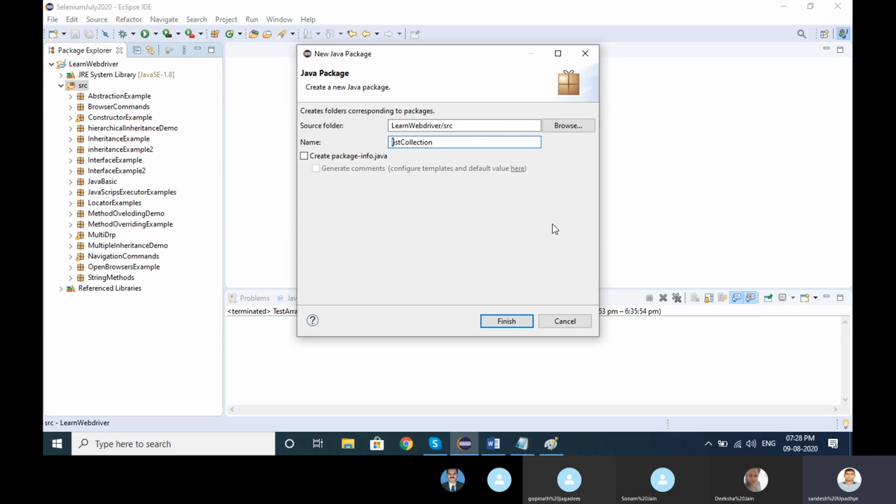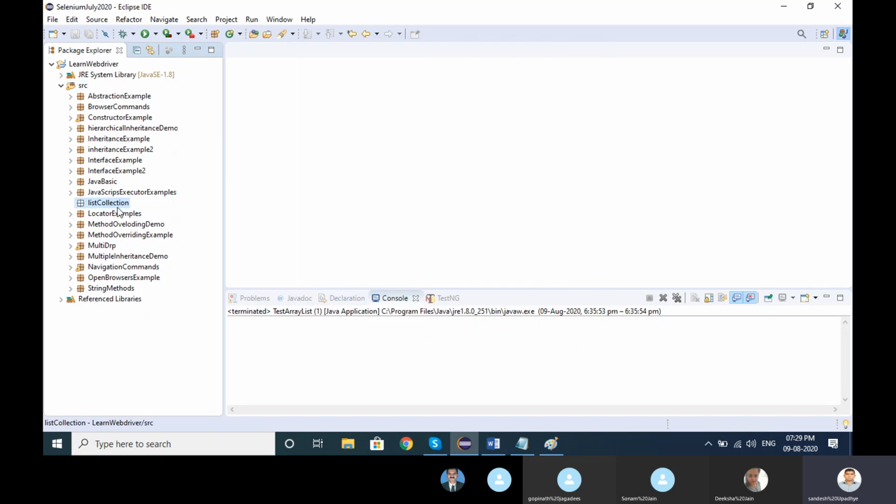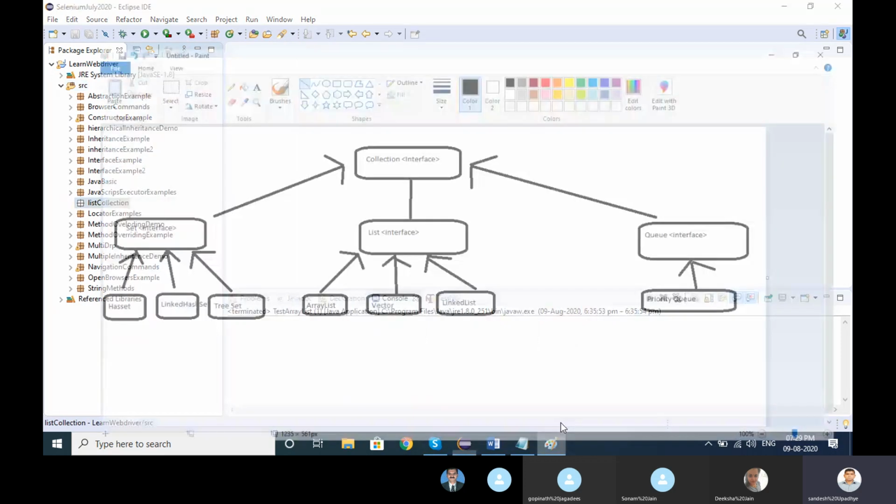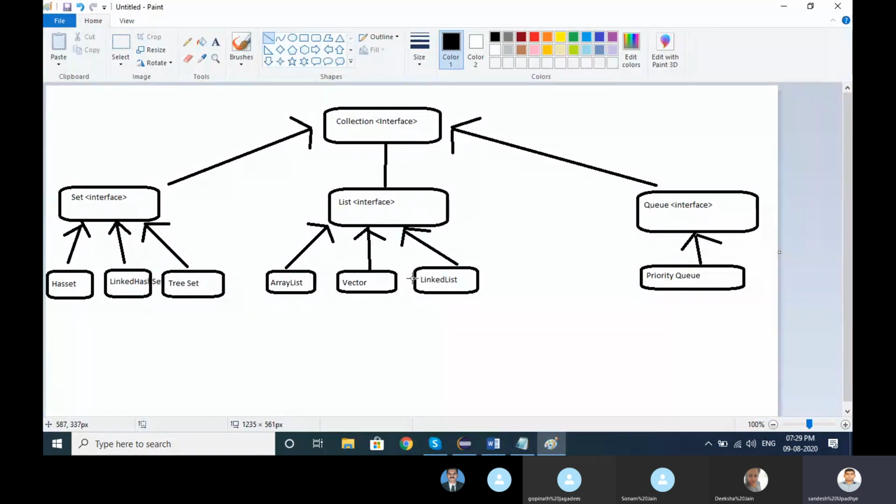If you give uppercase or capital here, it gives a warning, discouraged: package names by convention usually start with lowercase. So keep that in mind and start practicing this convention. First letter small and second word's first letter capital. Okay, listCollection, I have created a package, and we'll see ArrayList first.